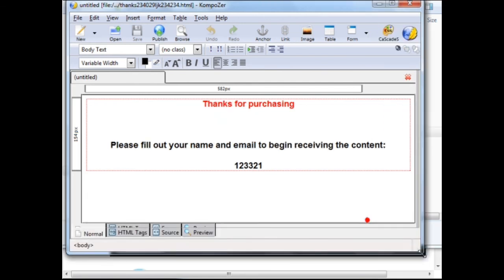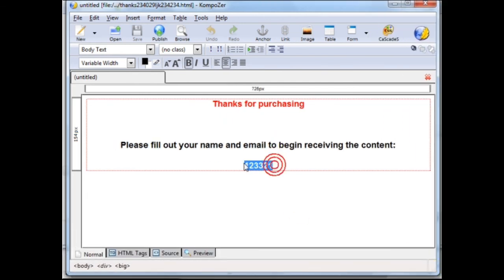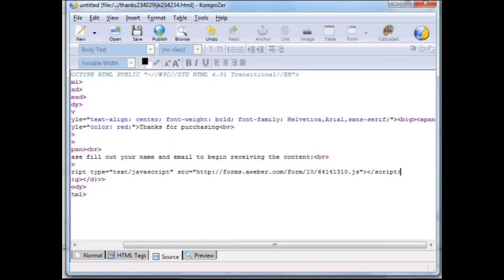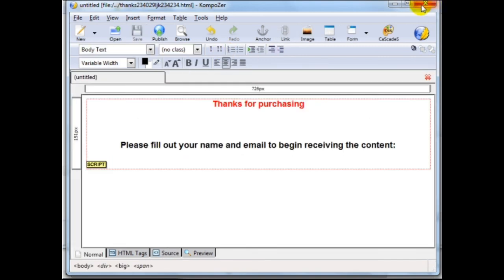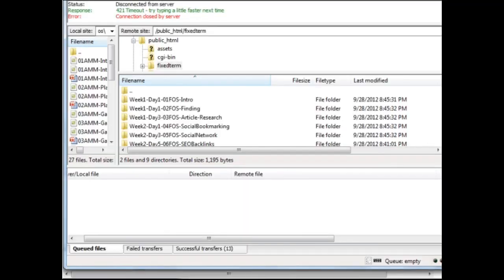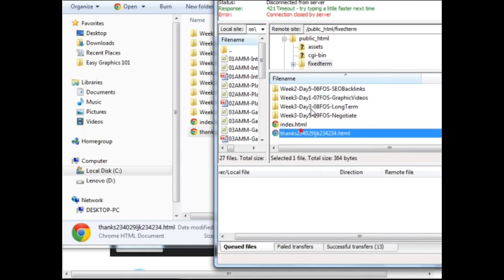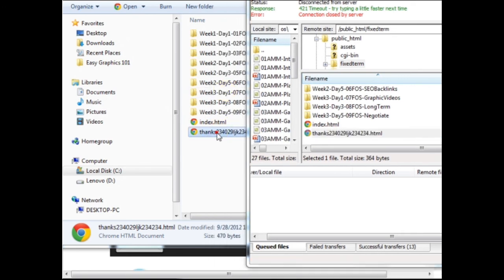And if you recall, you'll remember that I put this number here for a reason. What I want to do is simply find this number by clicking the source code tab here, finding the number, and by using this method, you don't need to know anything about HTML. Simply replace that number that you created with this code, click on Save, Exit, and then of course you want to upload the file and overwrite this file. So all I need to do is drag and drop,